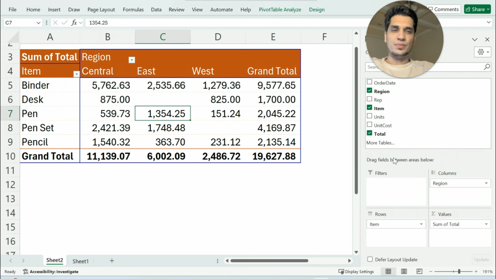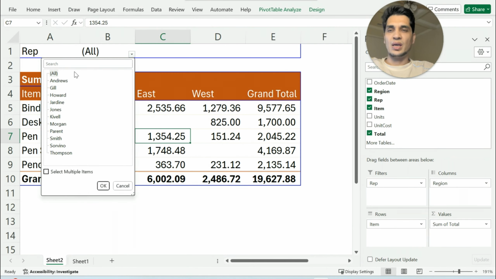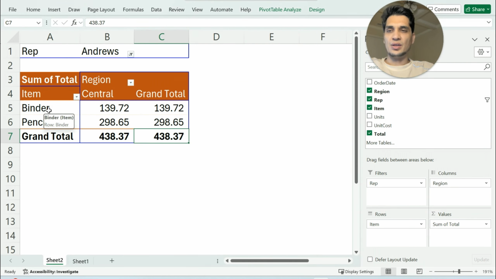What does this filter do? Let's put our representative here. It comes at the top of the table. So in here we can select and filter how much Andrew has sold of each item, and in each region selected, it shows Andrew sold only these 2 items in the central region only, with this amount of